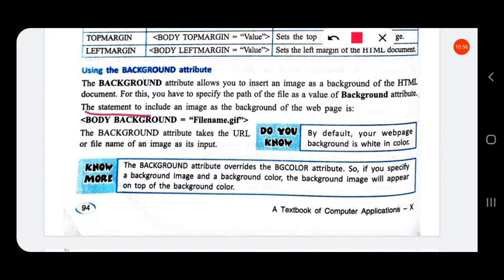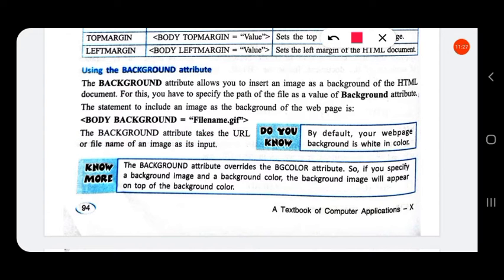The statement to include an image as the background of the web page is background equal to file name dot jpg or gif, anything. In body, background equal to URL, that is the location of the file. The background attribute takes the URL of the file name of an image as its input.